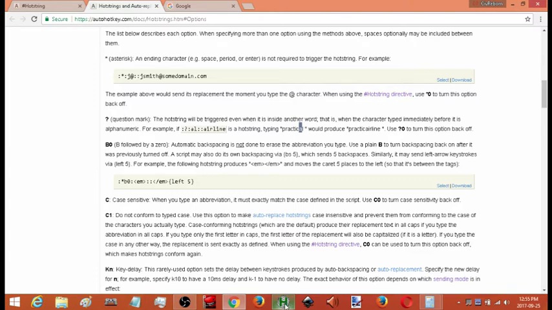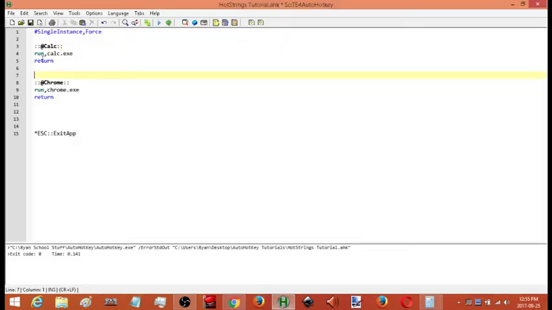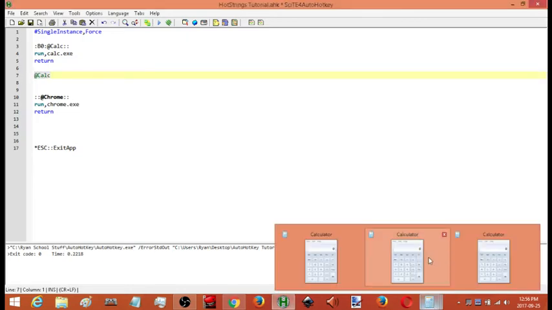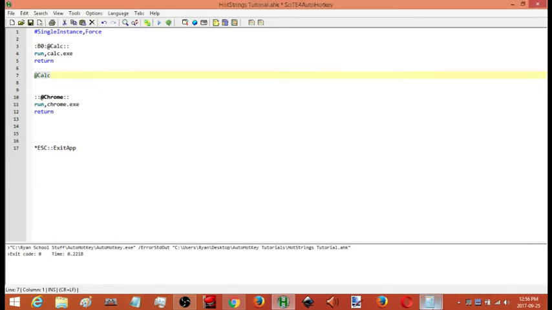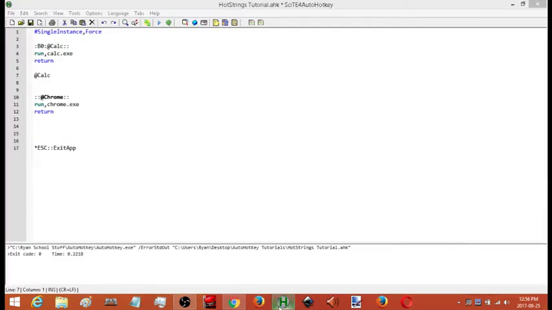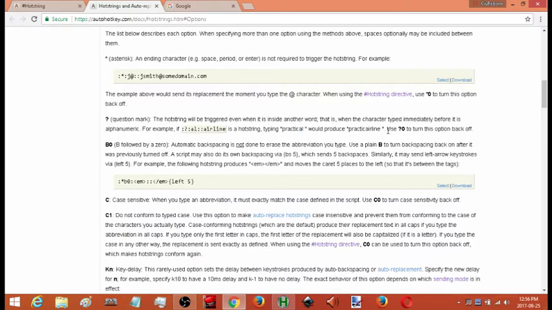Okay, so BO. So every time now when I type out calculator, you've seen that it backspaces and gets rid of whatever I typed out to trigger that hot string. What it looked like to me, just at a glance, is that if I put BO in the options here, now it'll leave what I type out, but still execute the other part. Okay, so it still left what I typed out to execute the hot string intact, but it still executed the program. So if that's something that you need to do, then there's the option for that. To disable it,